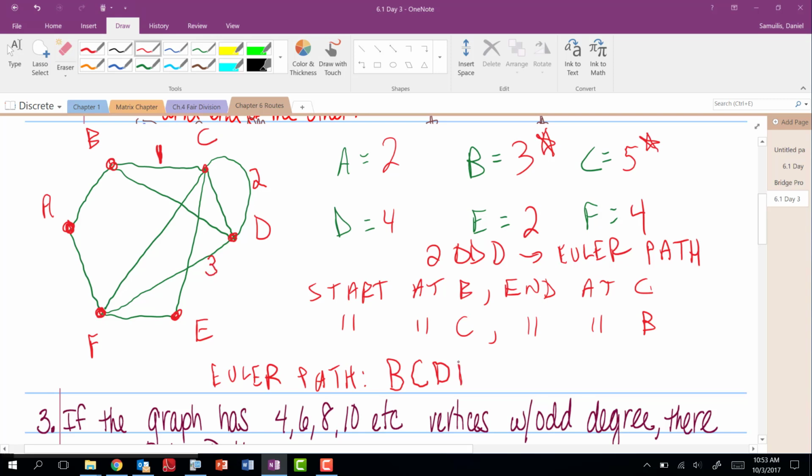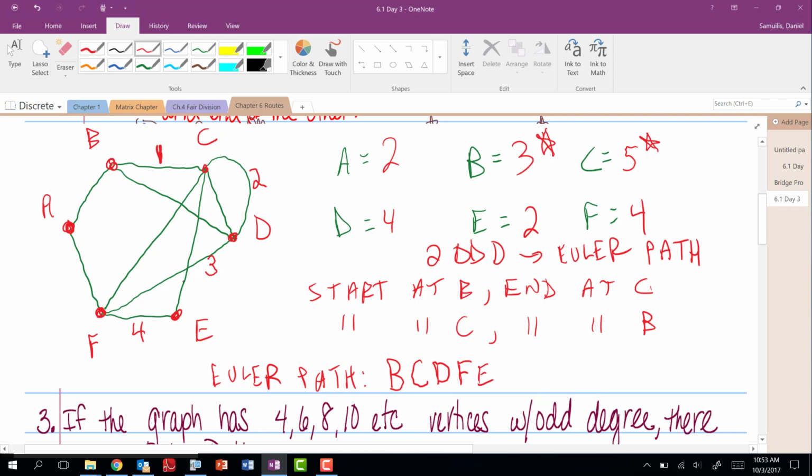You could see how these answers could completely vary. But it's going to be easy for me to grade because all I have to do is follow your numbers. And through my tracing, I will be able to see that you've denoted an Euler path. So now I'm at F. I might do this. 4. Remember where I have to end, though.